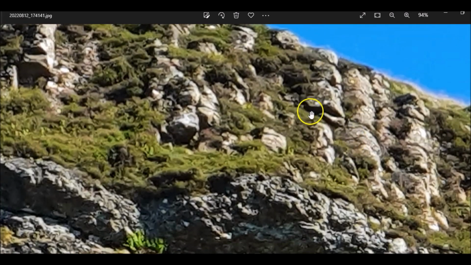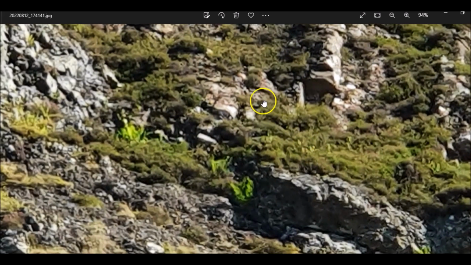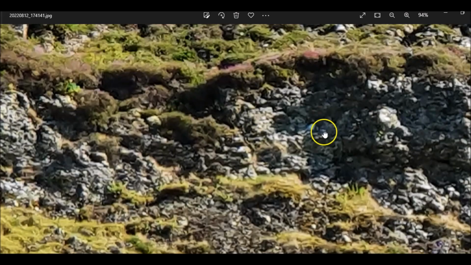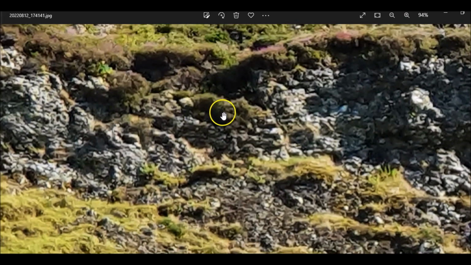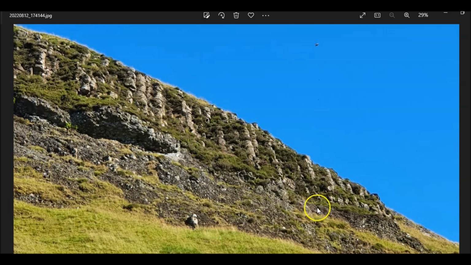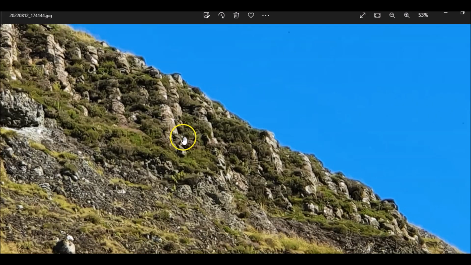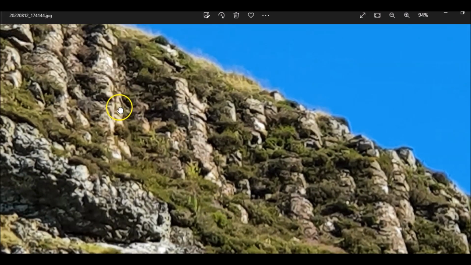This looks different from this. And you can definitely see all the vertical lines on this hill.